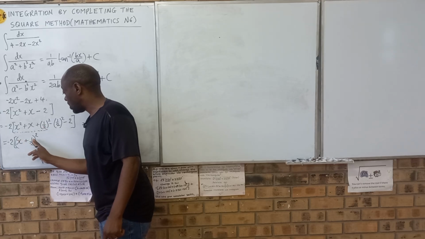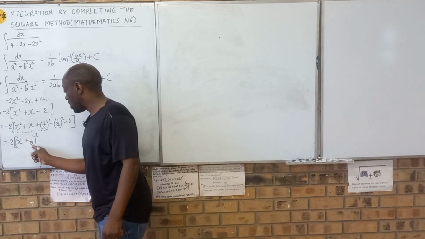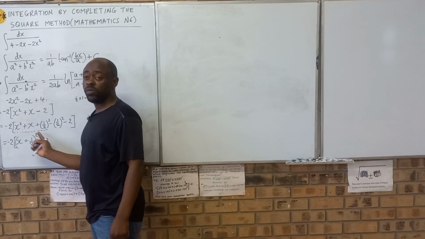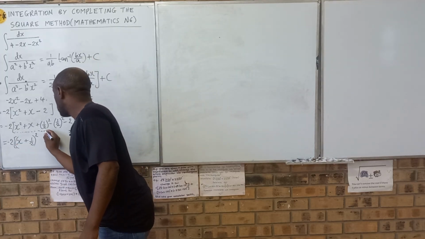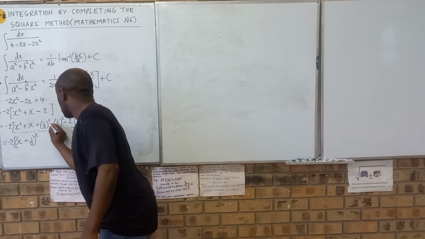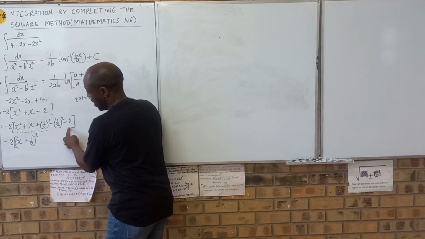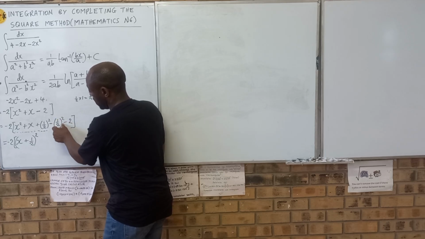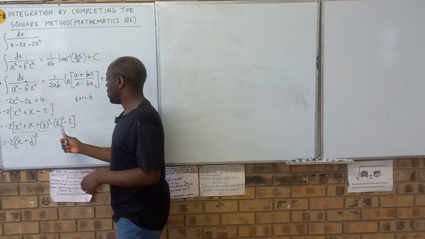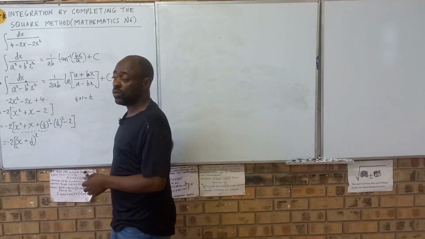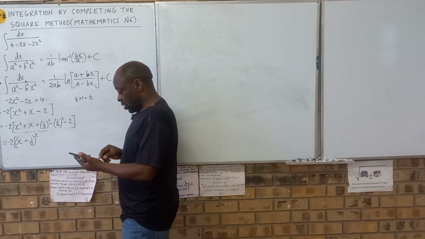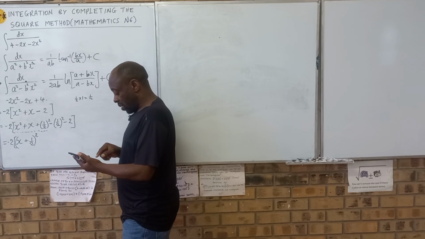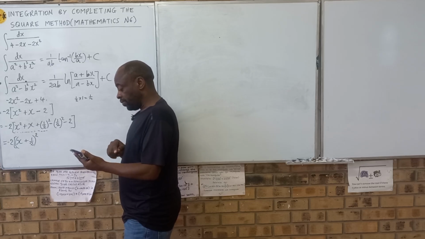So you can take your time and expand. Expanding means you multiply x plus a half by x plus a half. You must link it back to the 1. Whatever is left, you can then use your calculator to pick it up. So what is left, start from this negative going to the end. I get negative into a half square minus 2. If you square this half, it gives you 1 over 4. So it's like negative 1 over 4 minus 2. You are free to use a calculator, just like I'm going to do that. So minus 2 minus 1 over 4. So that gives me